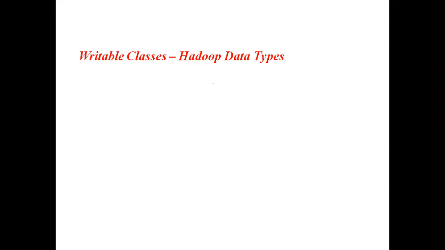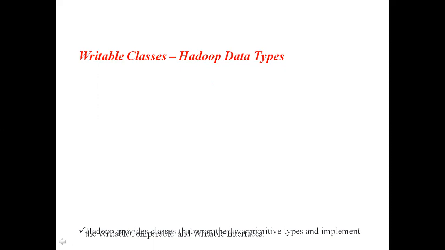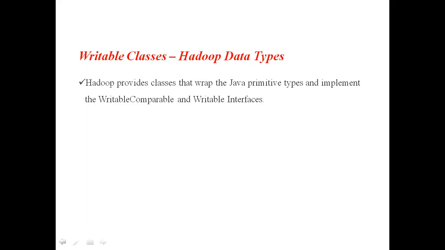Since these primitive data types are not objects, to create an object for the primitive data types, in Java there are predefined classes for every primitive data type. That particular predefined class is called a wrapper class. Similarly, in Hadoop also, we have the writable wrapper classes. Clear? Hadoop provides a wrapper class for every Java primitive data type.